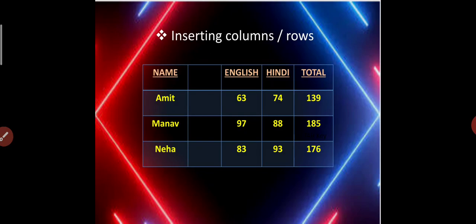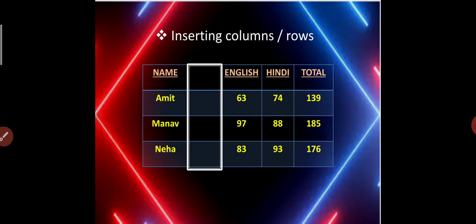So we can see them one by one. Inserting a column or row. After creating a table, later how can you insert more columns and rows in a table? That's what we are going to see. Here you can see one table on your screen with four columns and four rows. Okay, the blank ones, don't consider them. Consider the columns and rows that have some data.